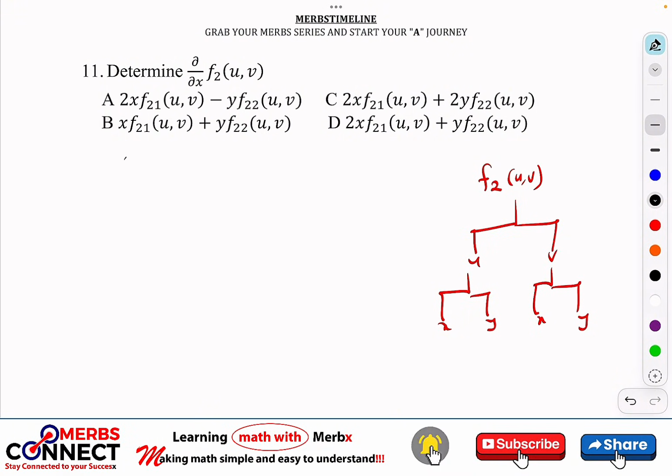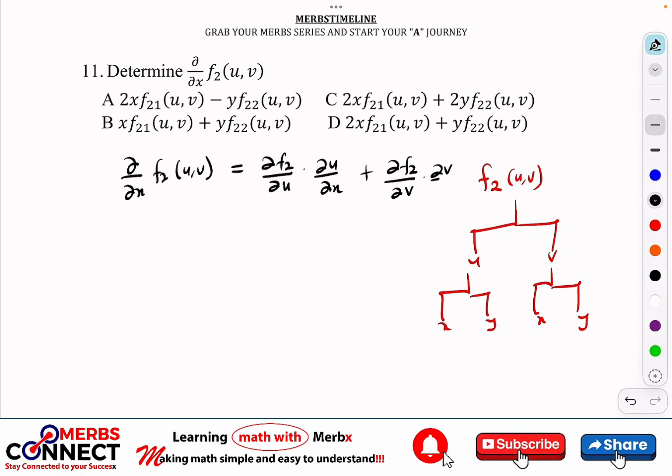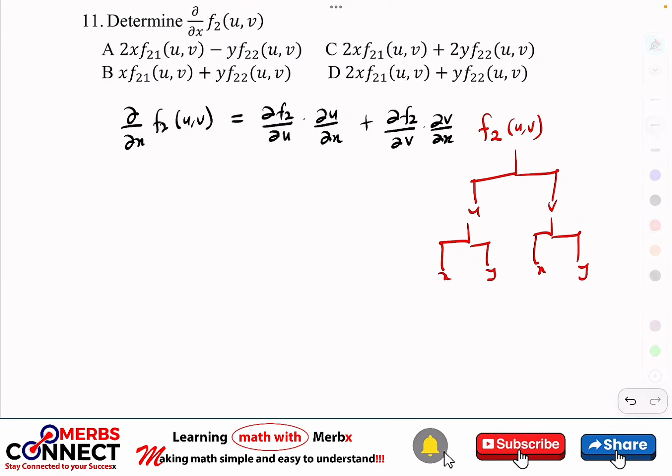So this is going to give us partial with respect to X, F2 of U, V. Now this is going to be partial of F2 with respect to U, UX, partial of F2, V, VX. Nice. So let's try and see what is going to happen here. Now remember, this is 2. So if I have 2 and I differentiate it by 1, remember VU is 1. So this is going to give us F2